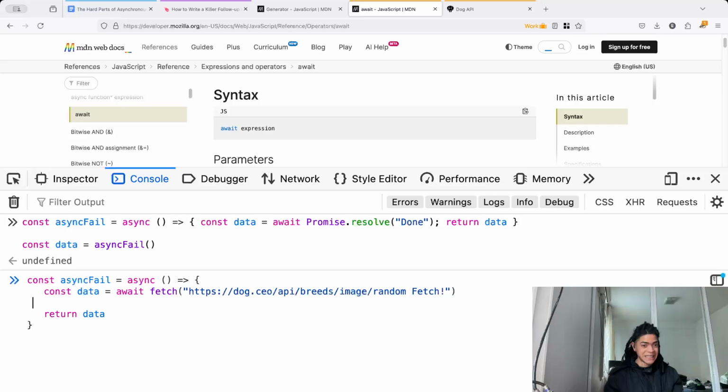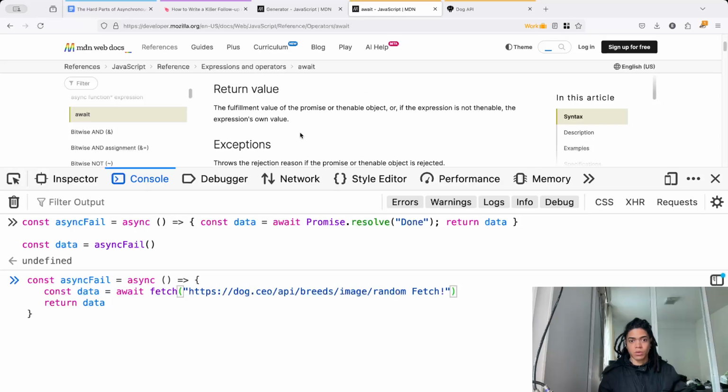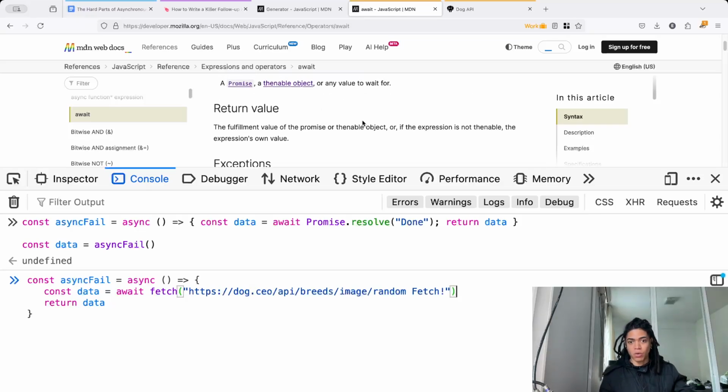Now this data is different in the case of a promise. The return value is the fulfillment value of the promise or thenable object. If the expression is not thenable, the expression's own value. So by doing now this and returning that data,